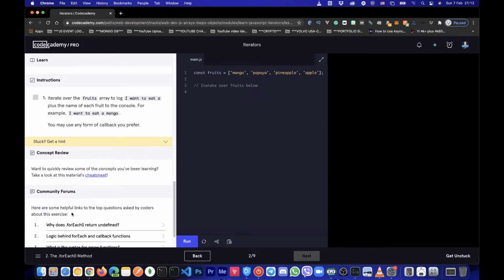Okay, so instructions for this exercise are: iterate over the fruits array to log "I want to eat a" plus the name of each fruit to the console. For example, "I want to eat a mango." You may use any form of callback you prefer. Okay, let's